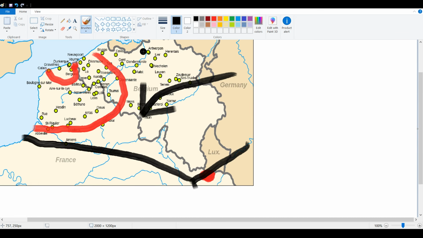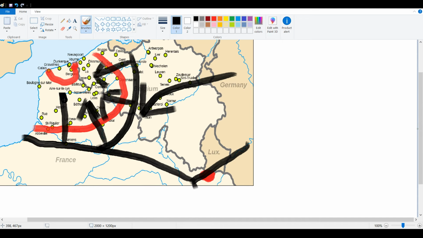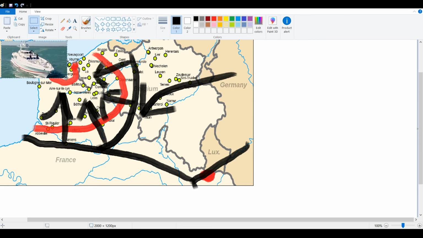So now they have this massive encirclement, which is basically like this. And their goal was to wipe it all out. So they made staggering victory after staggering victory, right? Punching through the line, like that. So they pushed them all back down to this one port. But then, all of a sudden, boats arrived. Whether they be civilian or military, they went to the port of Dunkirk, picked up a bunch of troops,